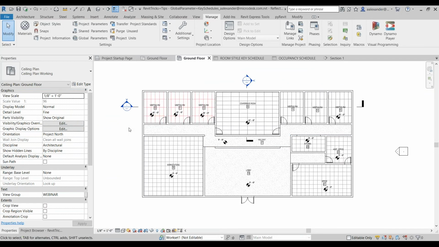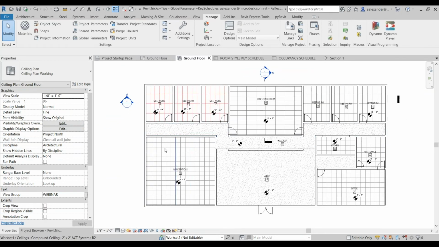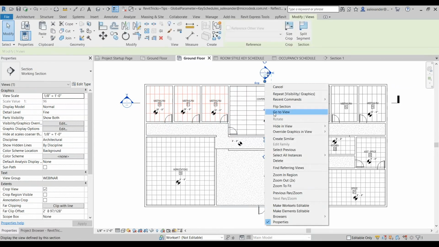So now if we're going through the plan, we can know that hey, these ceilings need to be adjusted, right? And that's that global parameter that's helping us do that. So that's another use, to spot check clearances. Now we can also add this functionality. We can use it to